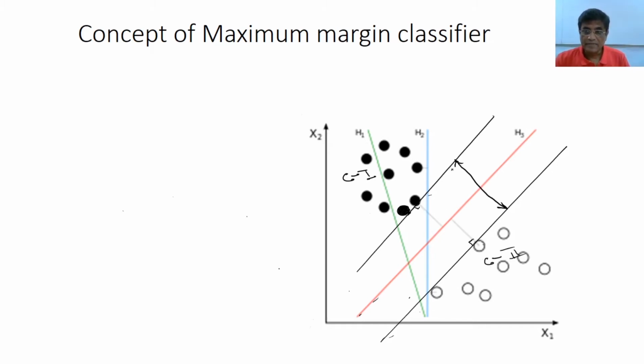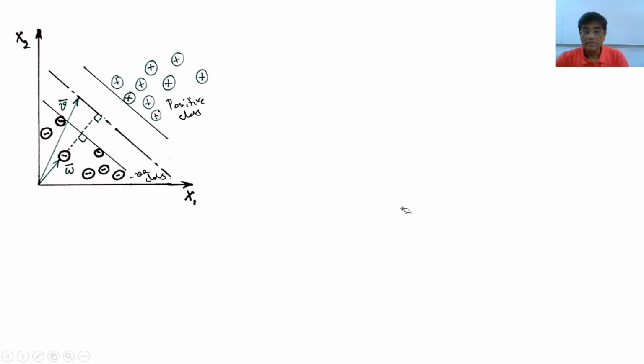If I consider this as a structure, then maximum margin classification we have understood. Now, to be more illustrative, say I consider this entire gutter, which consists of this line and this line, just like a road, as a structure. Then this structure is developed by some support vectors which belong to both the classes. Who are support vectors?